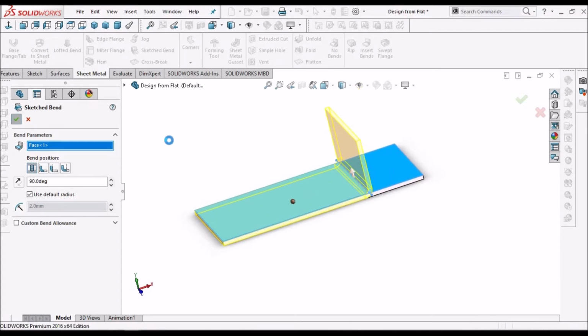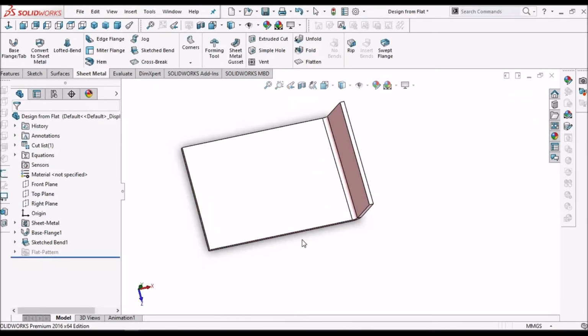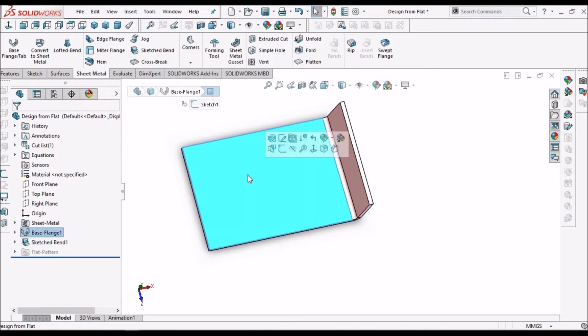So in this approach we have a simple flat sheet and we are going to create bends from the sheet.